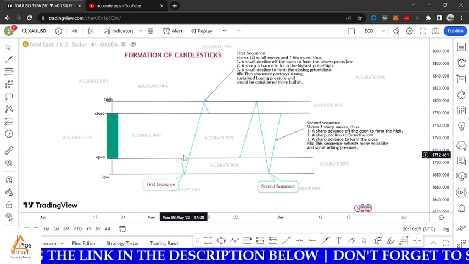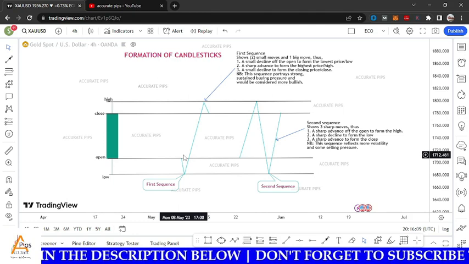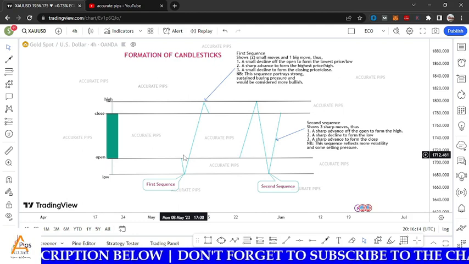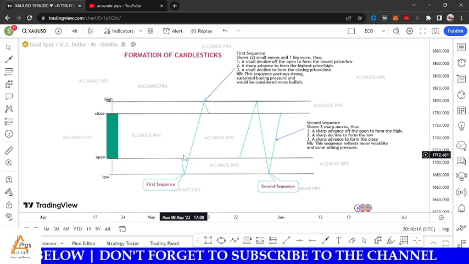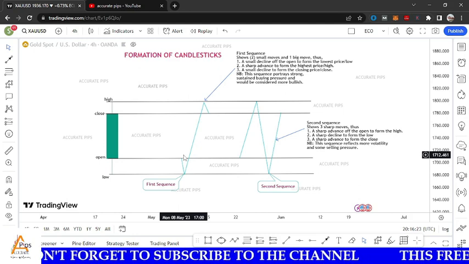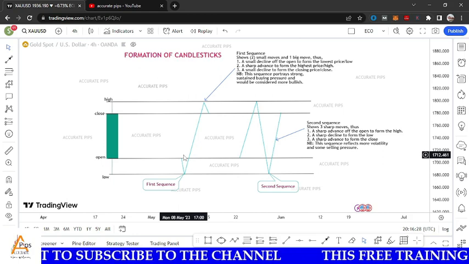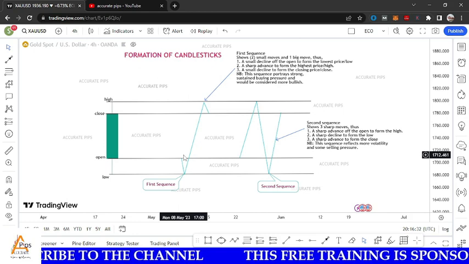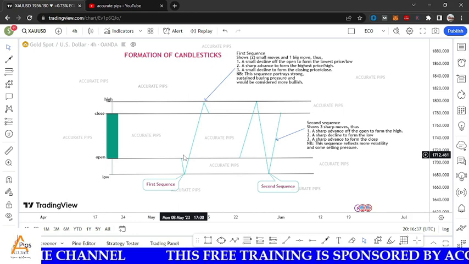So a candle's body can be bullish, that is green, but based on the internal movement of the candlestick, it can be considered bearish. Though the color is green, the internal movement will cause it to be kind of bearish, because the selling pressure is going to be high. All right, so let's look at the